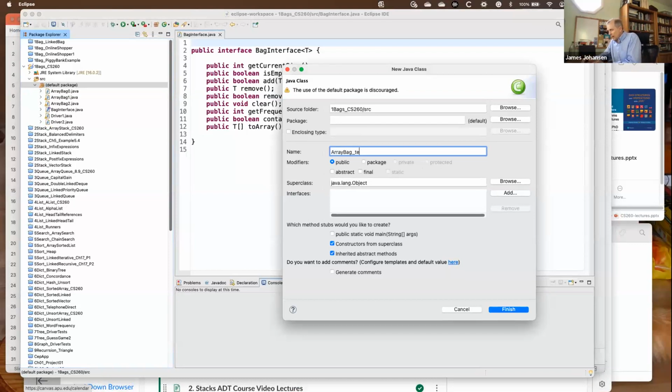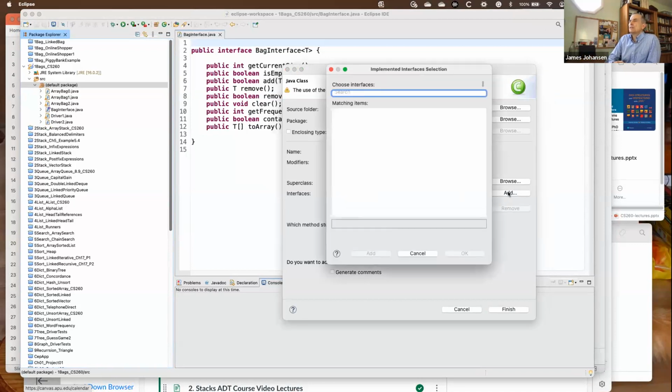I already have this done on another one, but I'm just going to create a new one to show you what I mean. And here is another trick: you want to be adding the interface. So then you want to do that, and you want to be looking for this bag interface.